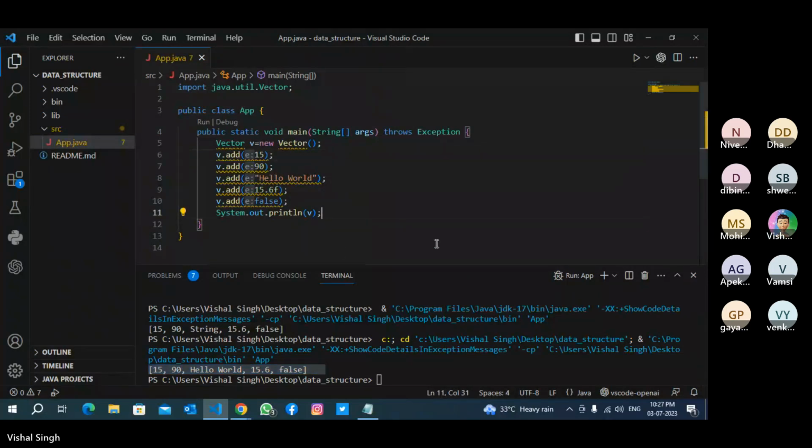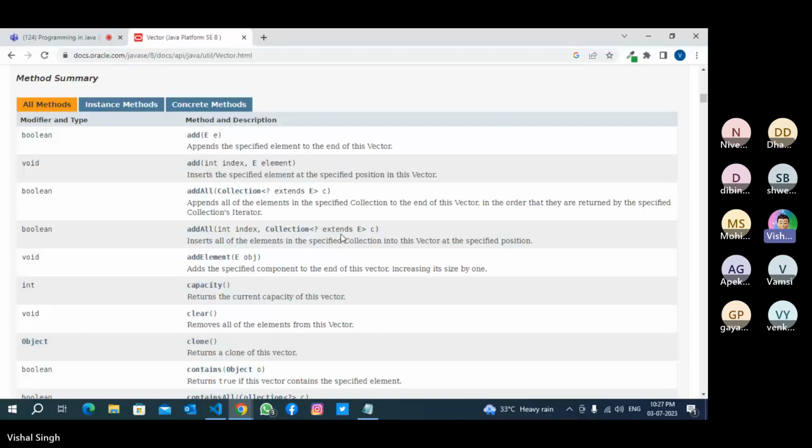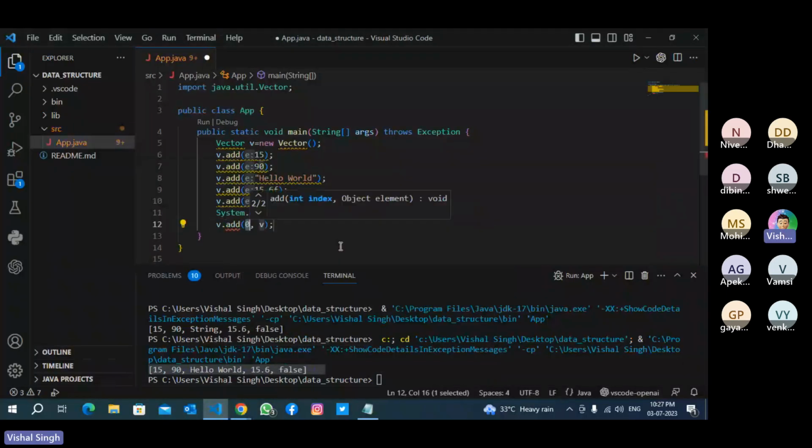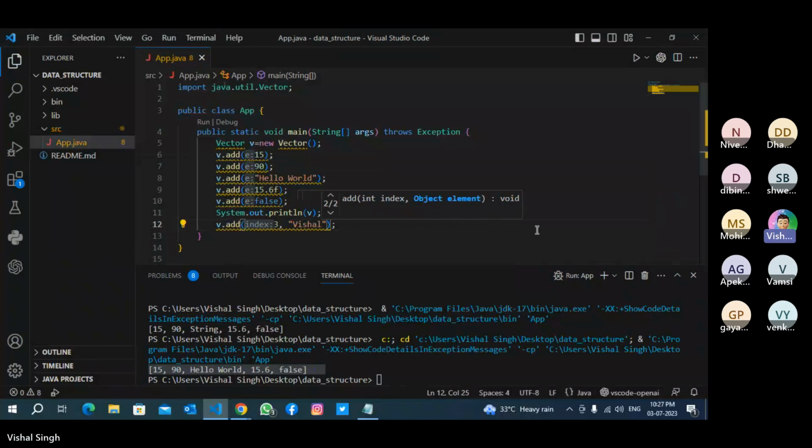Now see, v.add(int index, element). See, v.add, the second one, int index. Index is 3. I want to insert Vishal here. Okay. Now again print the list.